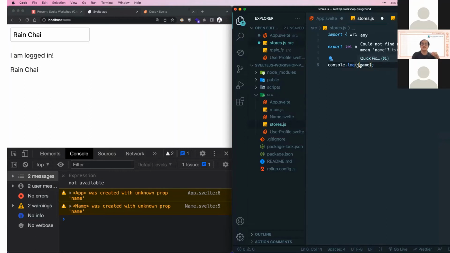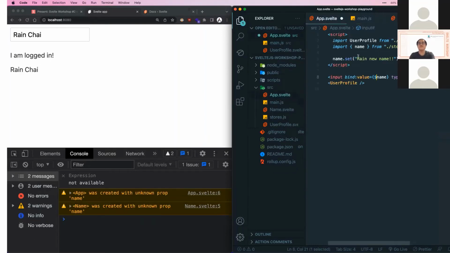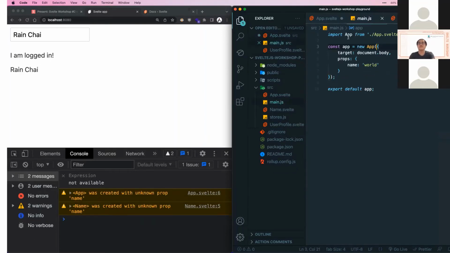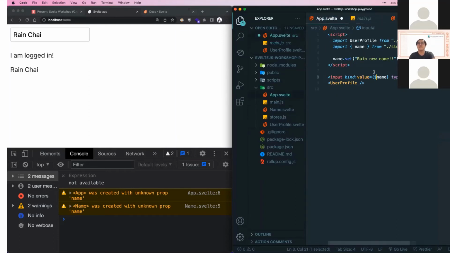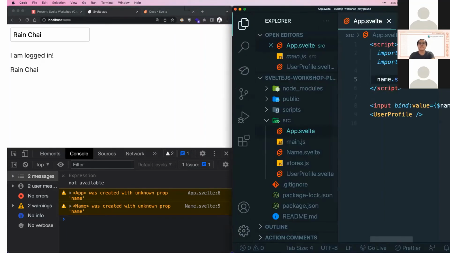So if you just do it like this, it doesn't know, it couldn't find this. So there's something to bear in mind, which is why we need a function, because sometimes you need to interact with a JavaScript file which is not Svelte, and it doesn't have the syntax. So sometimes you might need to do it the wrong way. Okay, so that's